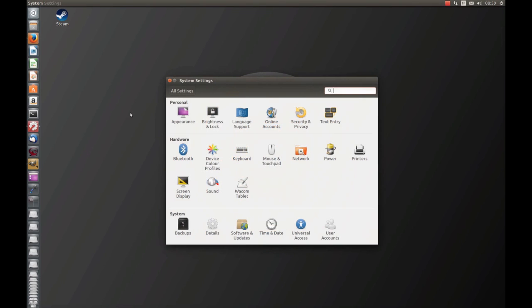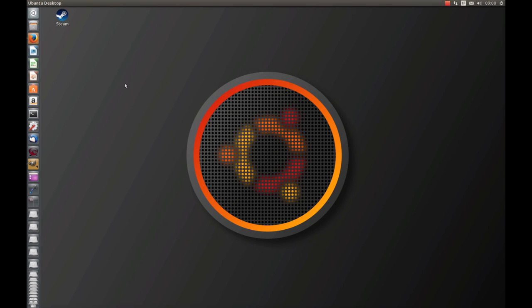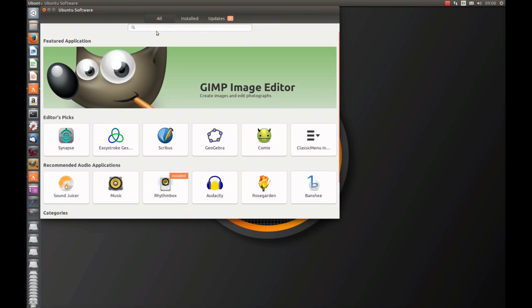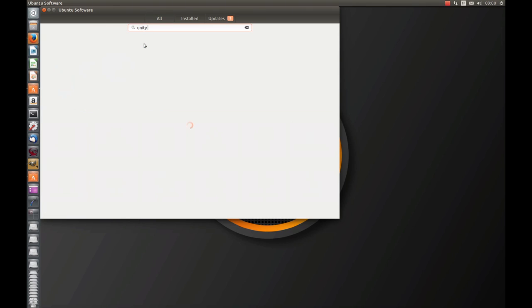And apart from that, there's not much else you can really tweak other than some other things here like the brightness, etc. So one of the first things you want to do, which others have mentioned in many videos, is to install the Unity tweak tool. So go to the Ubuntu Software Center, type in Unity tweak,